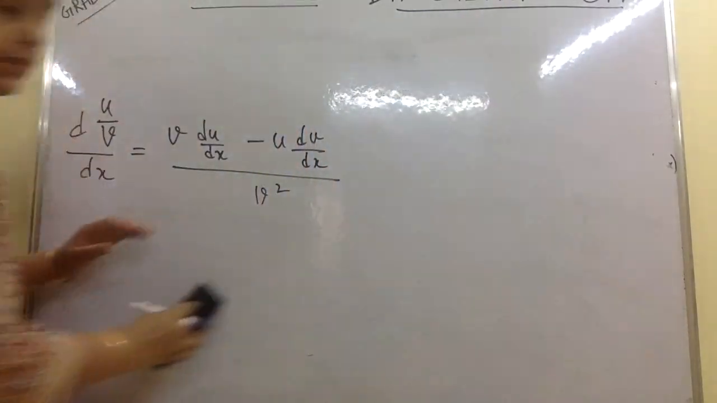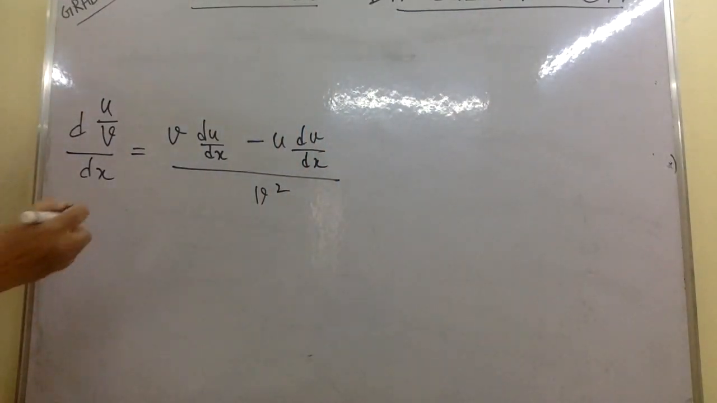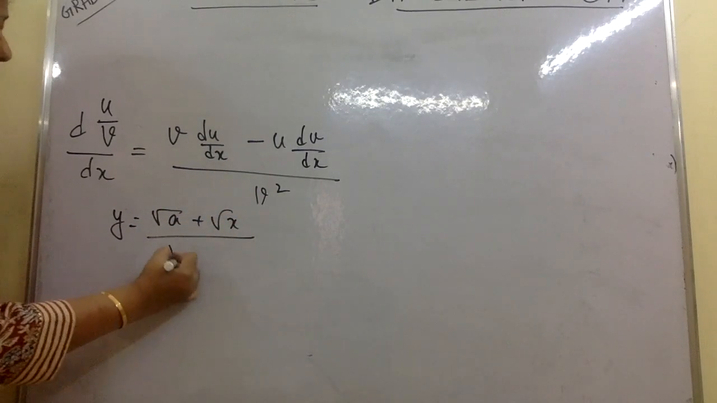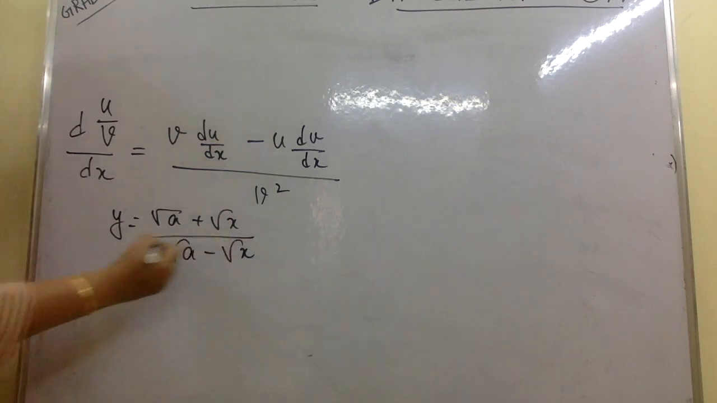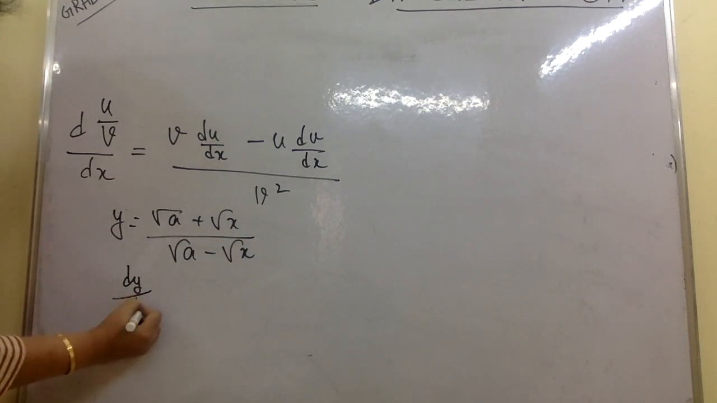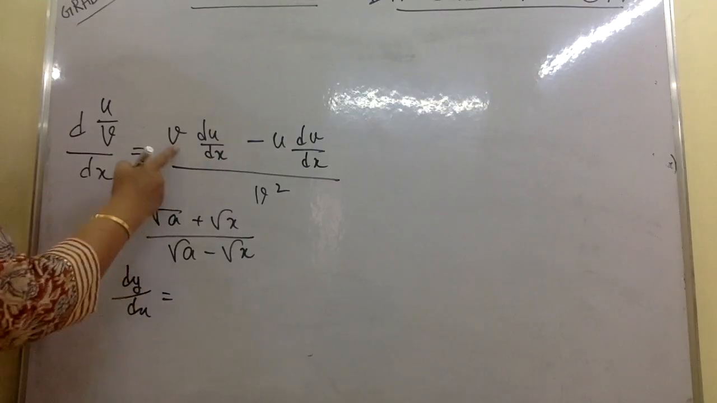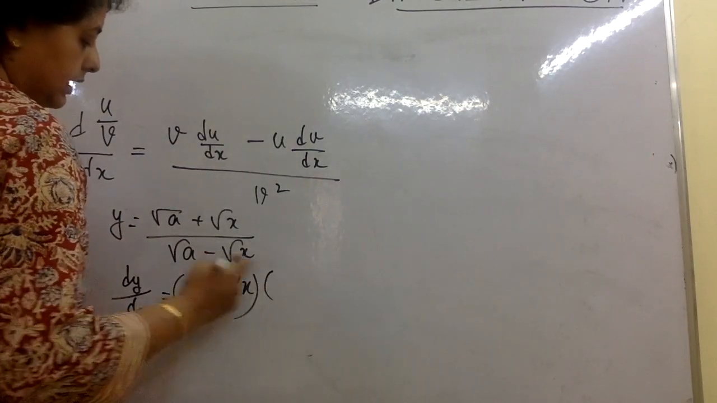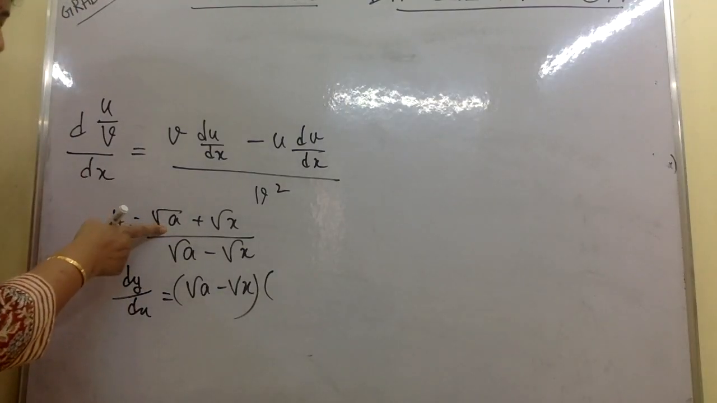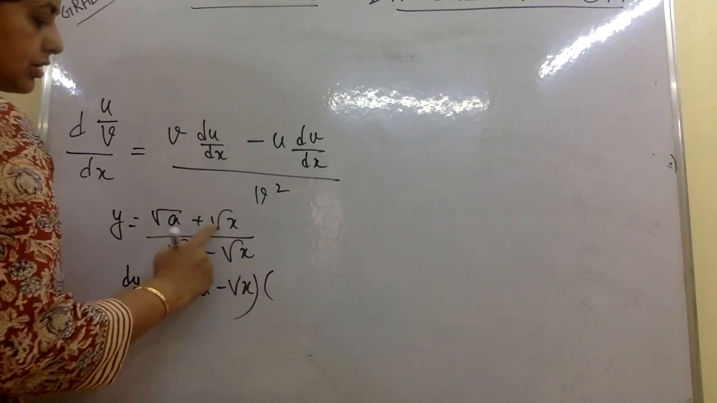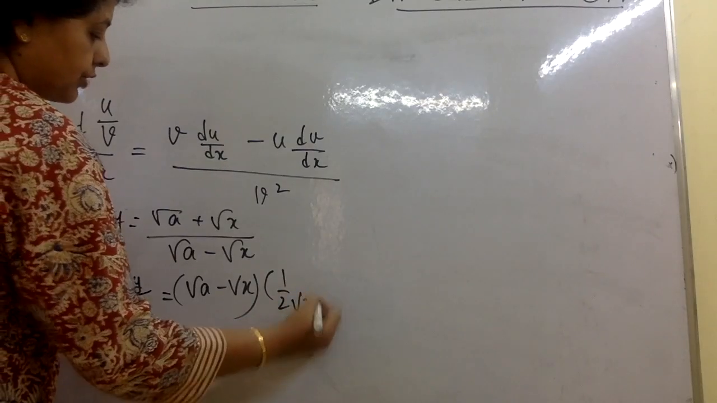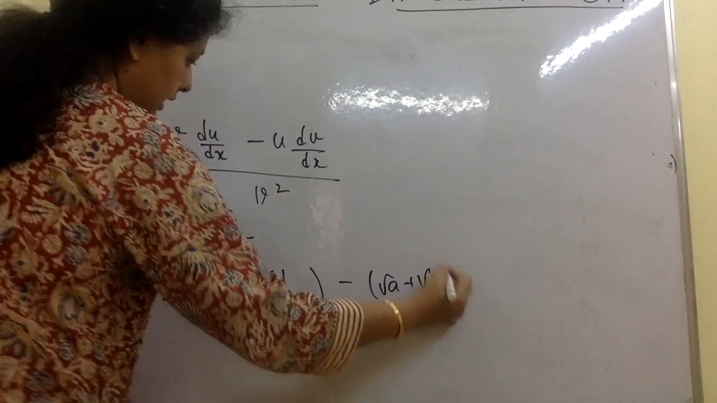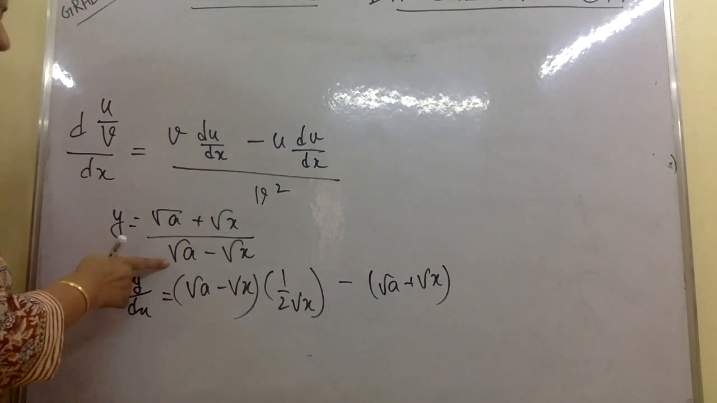Okay, so I have taken this sum so that you all find roots also easy. Root a plus x, root x, and root a minus root x. dy by dx is, now we'll first write the v. Okay, just copy without thinking, and this is a constant, so it is having 0 differentiation, and 1 by 2 root x minus, now copy the u, and now differentiate this,